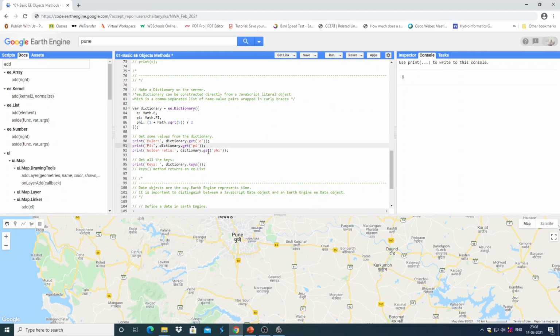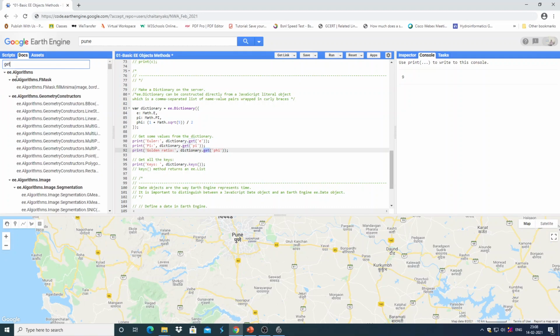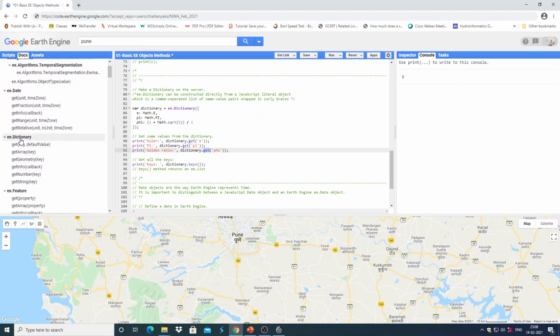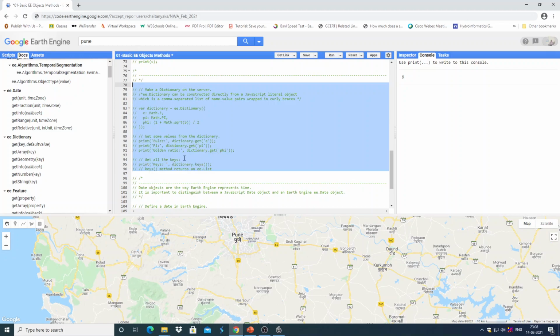Get is an Earth Engine method which is available with the Earth Engine dictionary object class. So please go through it afterwards.